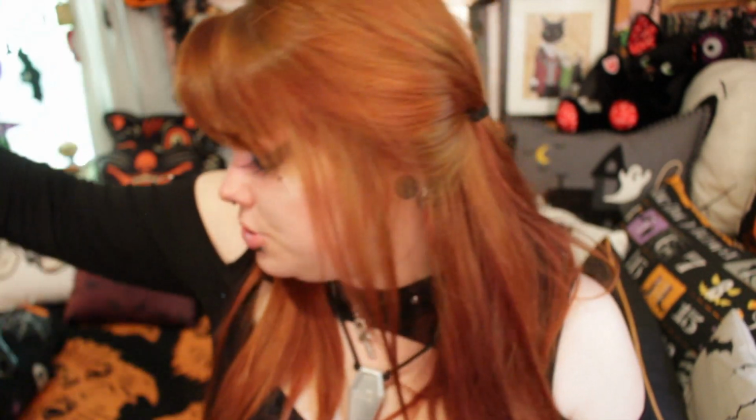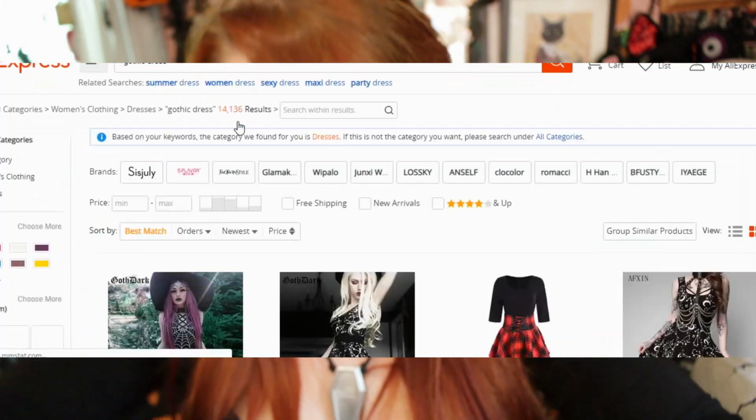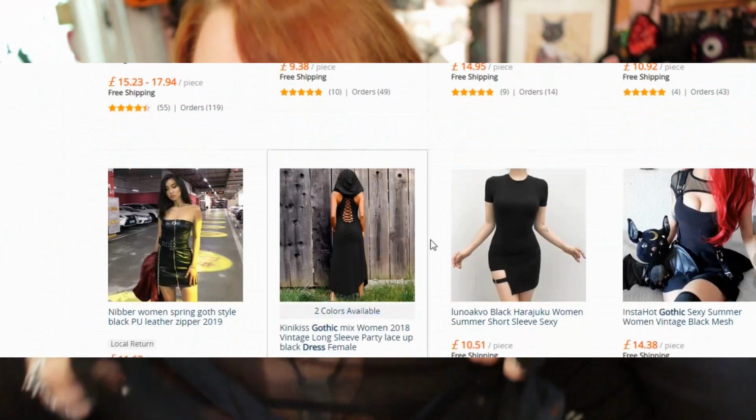I don't have any complaints. I wouldn't change a single thing about this dress. I have to say, out of my like 1,045,000 dresses I own from Killstar, this is definitely one of my top dresses. So, as you can imagine, I was very excited when I found out that they had an AliExpress